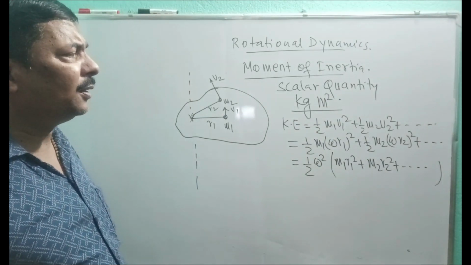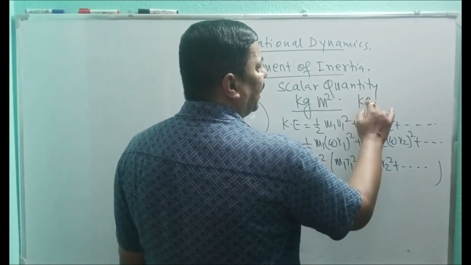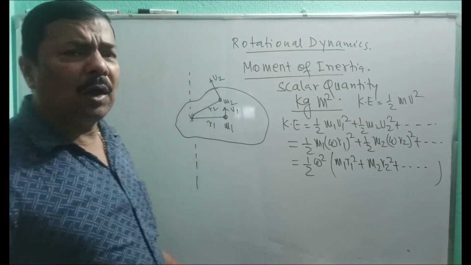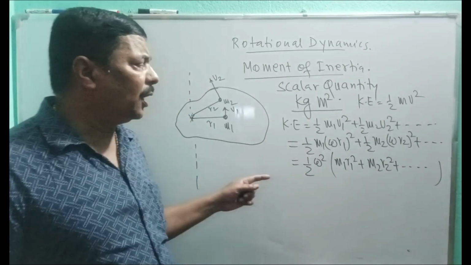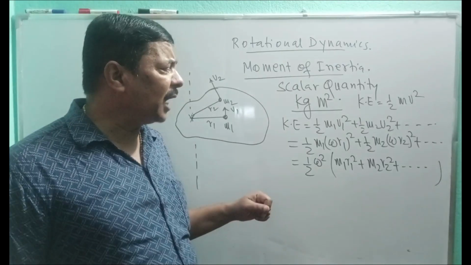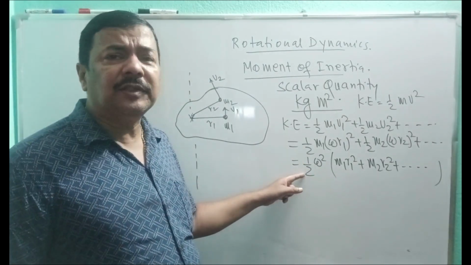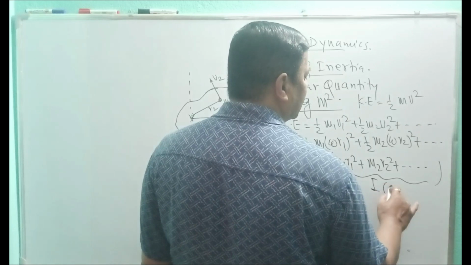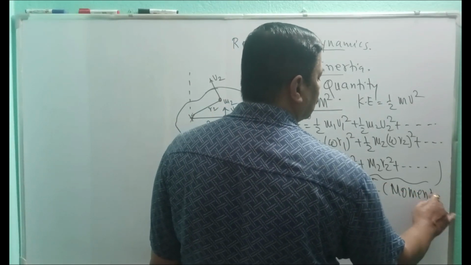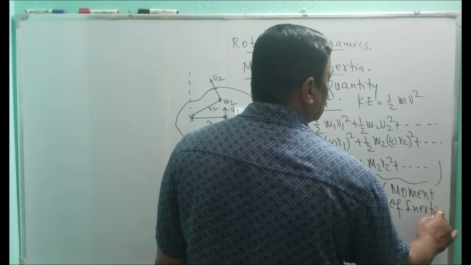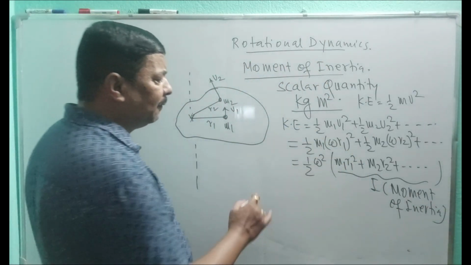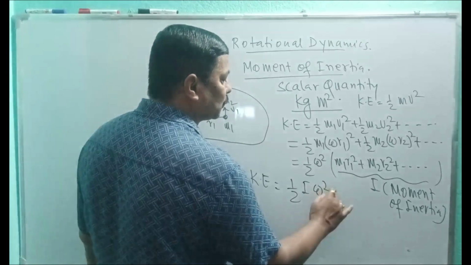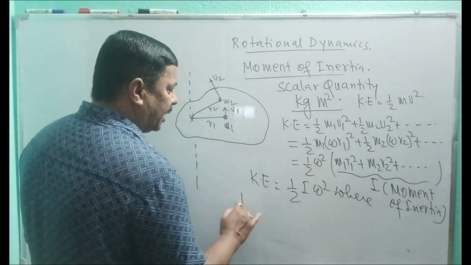Now, if we remember the expression of kinetic energy, KE is equal to half m v square. As we are talking in terms of rotational motion, here also it is something like that only. Velocity square is there, half is there, and this is playing the role of mass, and here we call it I, that is moment of inertia. So if we take this, then kinetic energy must be equal to half I omega square, where I